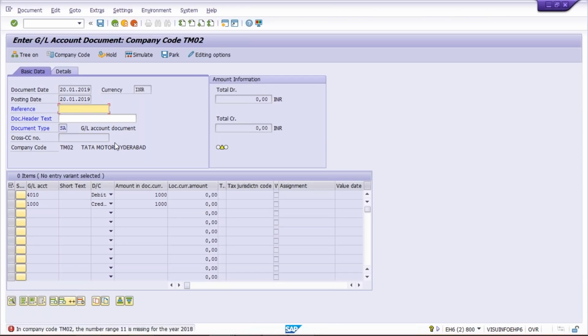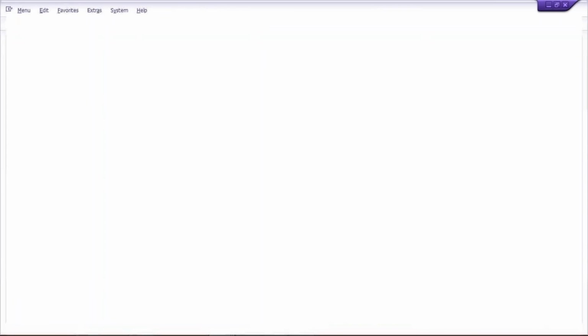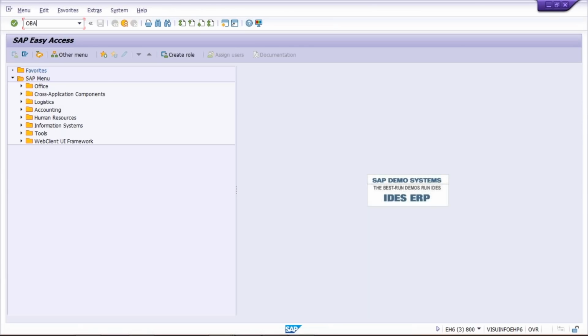So the number range is missing for fiscal year 2018. Somebody has changed the number range here. Let me do one thing. If you get number range related issues, what we have to do is use transaction code OBA7. Use transaction code OBA7